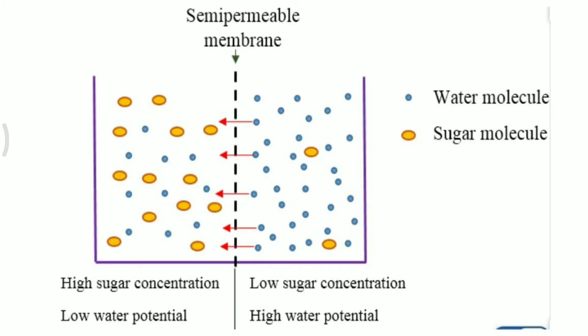If you look at this diagram, you can see that in between there is a separation by a semi permeable membrane. Some examples of semi permeable membranes are cellophane sheet, plasma membrane, egg membrane, and goat's bladder. These can all be used as a semi permeable membrane in order to separate two solutions.